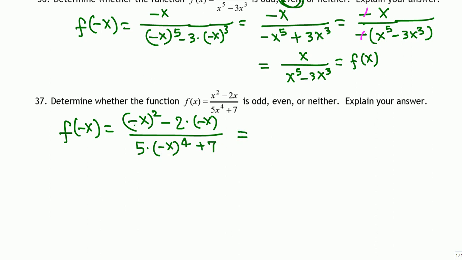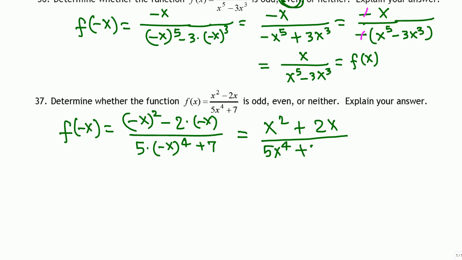So negative squared means negative times negative is positive, so x squared. Minus 2 times negative x is positive 2x. Negative x to the fourth, negative 4 times, will be positive, because when we multiply a negative an even number of times it is positive. So 5x to the fourth